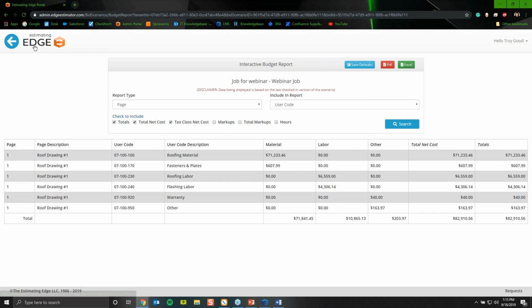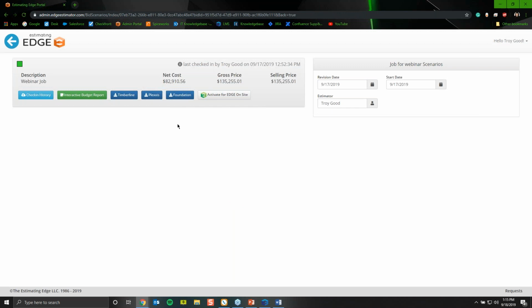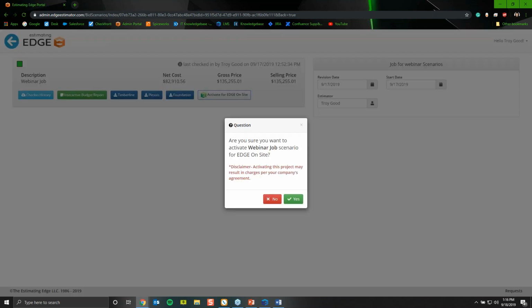The next thing that I want to show you can also be accessed from the bids tile here, and that's where to activate a job for Edge on Site. Now, if you don't know what Edge on Site is, please feel free to reach out to your account rep. They'll be glad to show you it and give you a little bit more explanation. If you do have Edge on Site, then this is where you're going to go to activate your job for Edge on Site. And as you can see, we have our Activate for Edge on Site here. So if I click that button, it's going to show me